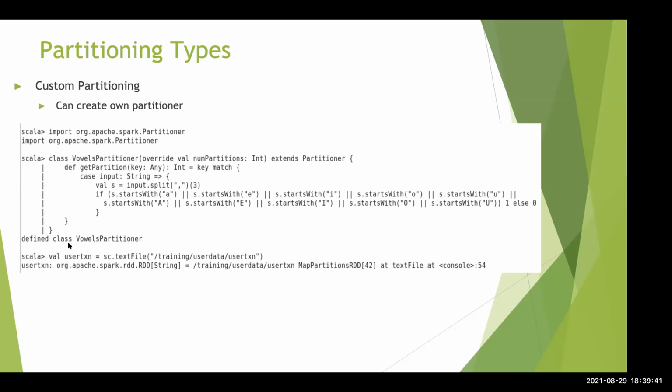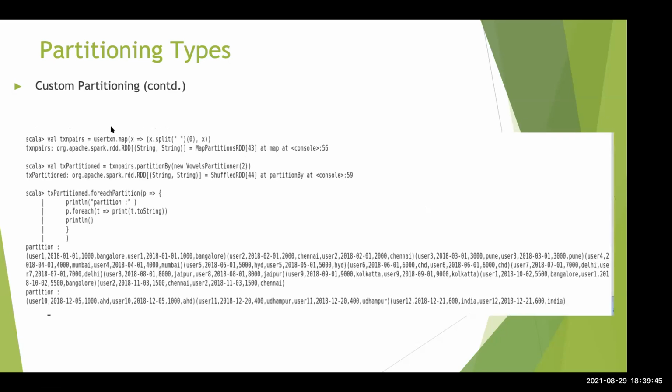So I use this, then I take the same file, and then I again convert it into a pair RDD. And here I'm saying partitionBy new VowelPartitioner, and I pass 2 because I have only 2 partitions. That's why I'm returning 0 and 1. If I pass 3 to the partitioner, then the custom partitioner should return 0, 1, and 2. So that's how I